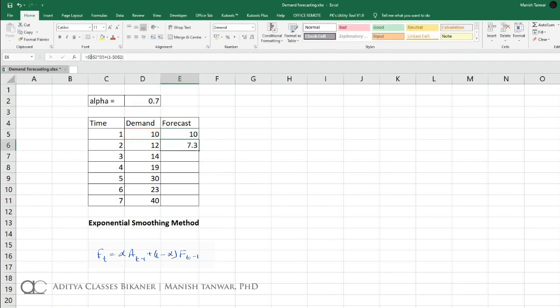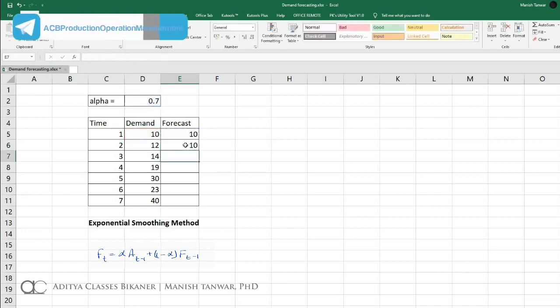What have we done? Alpha into previous actual demand, D5 is previous actual demand, plus 1 minus alpha into previous forecast. Alpha, previous demand, 1 minus alpha, previous forecast. So this is our formula, and we get our forecast here.